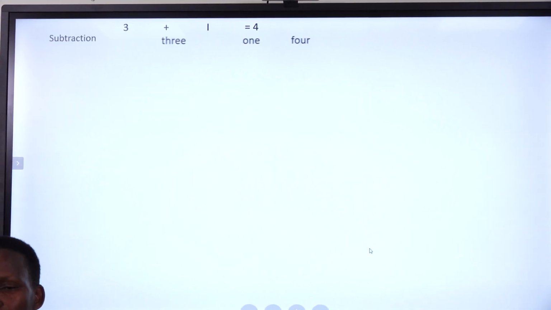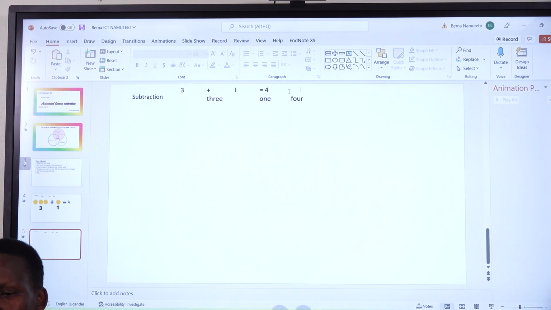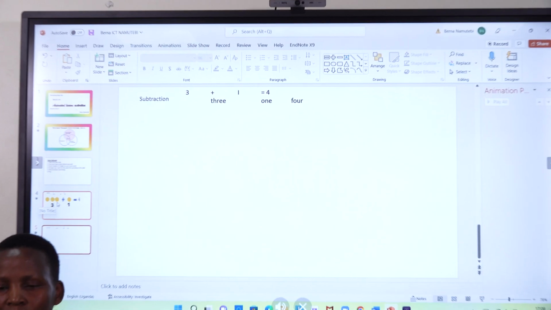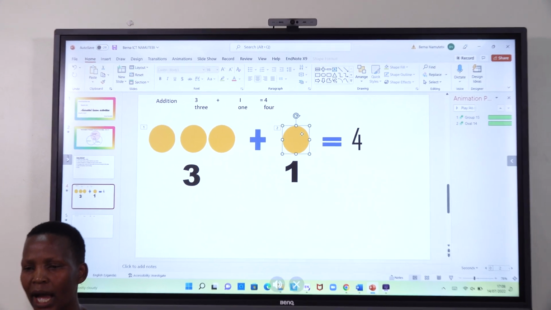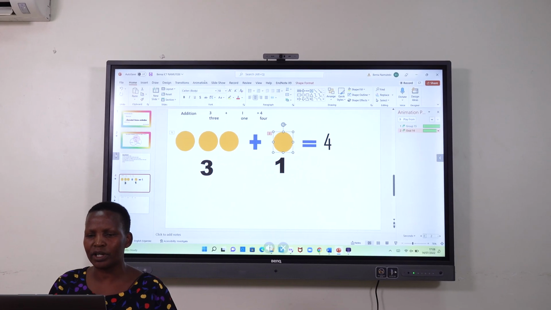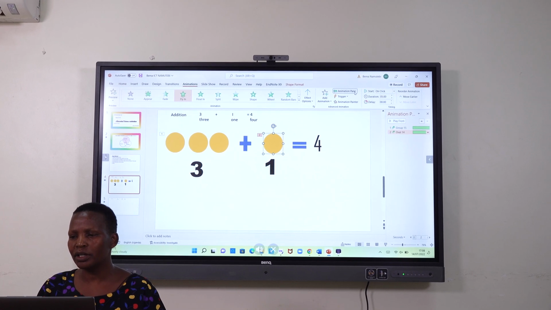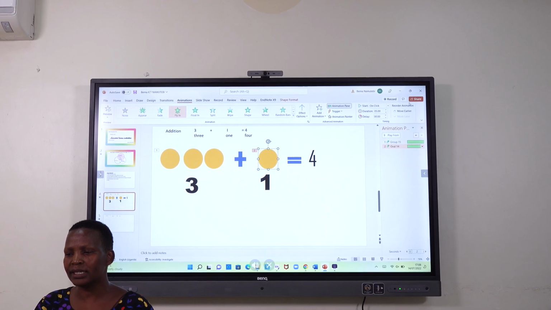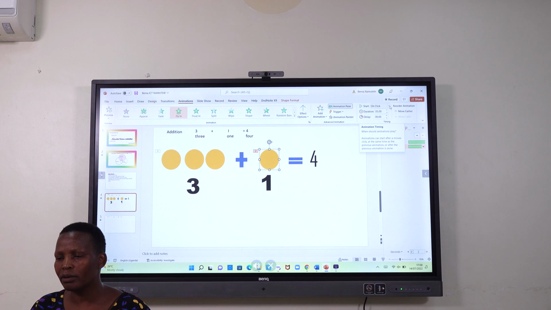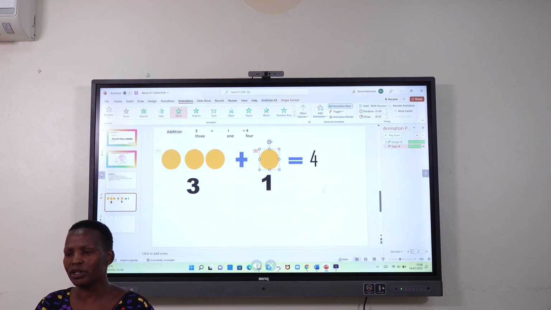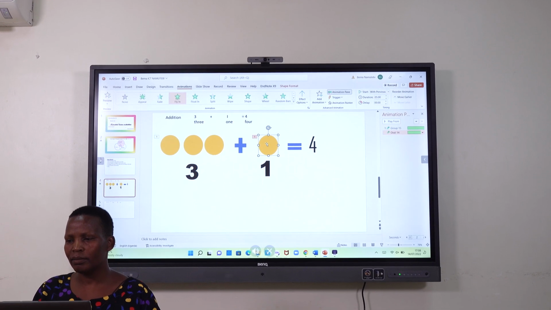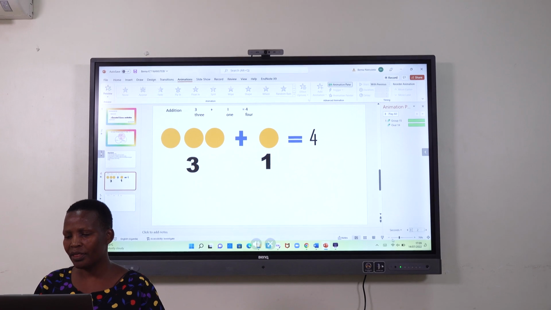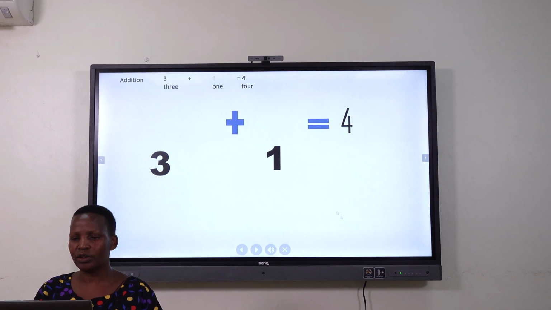So you can go back here, and then you say it is supposed to be there after animation. So for it will come after the previous animation. So I'll go and look for previous animation. Then there we are good to go. So you play, and then everything will be done. So you click, and then you'll have,